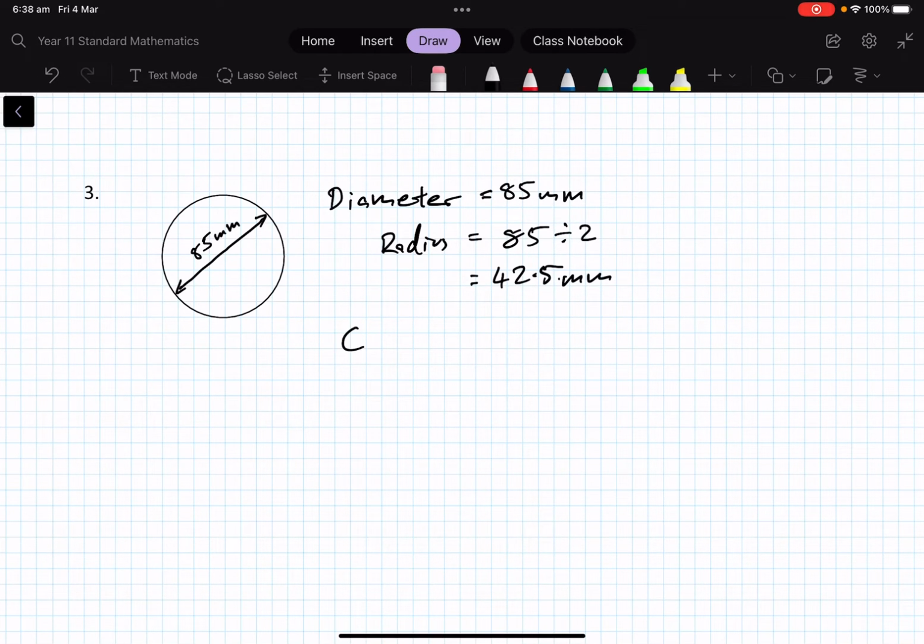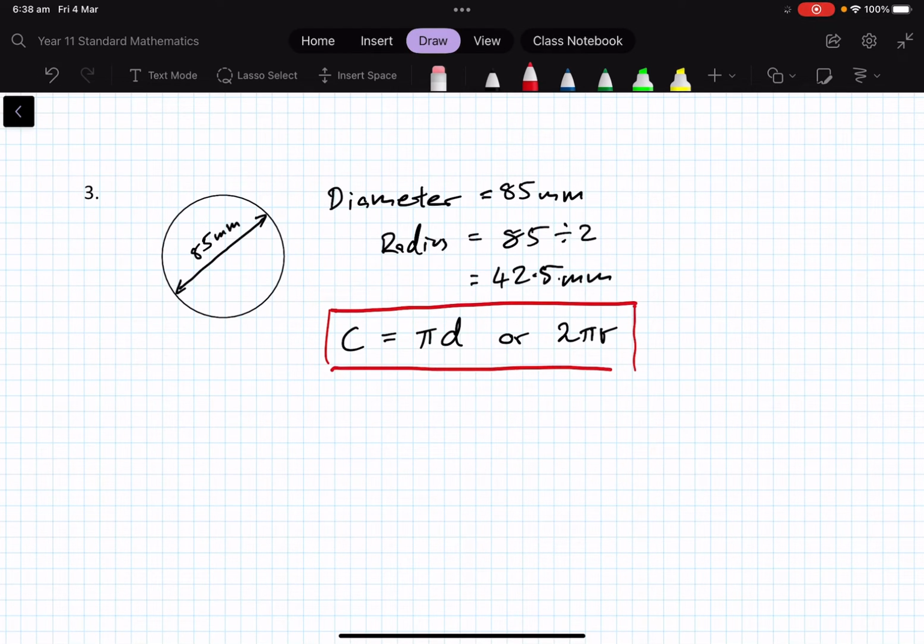So C for circumference is equal to pi times the diameter, or 2 times pi times the radius. It's the same thing. We've got the diameter, so that's nice and simple in our case. So C is equal to pi times 85, where pi is 3.1415. If you have your calculator handy, it's a good opportunity to make sure you know where pi is. According to my calculator, this gives me